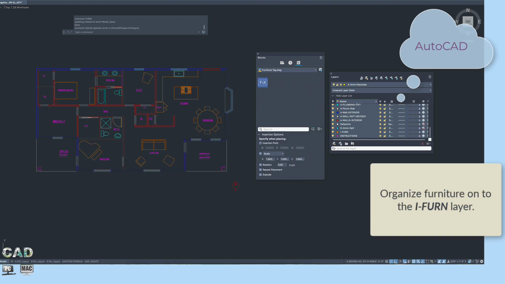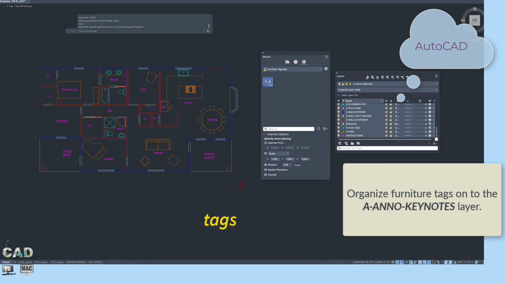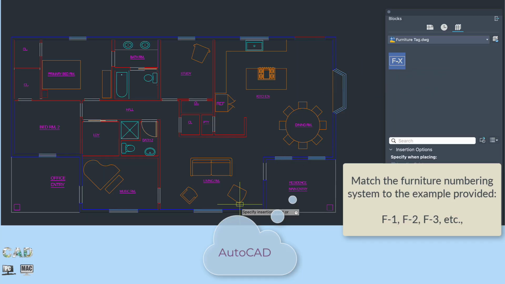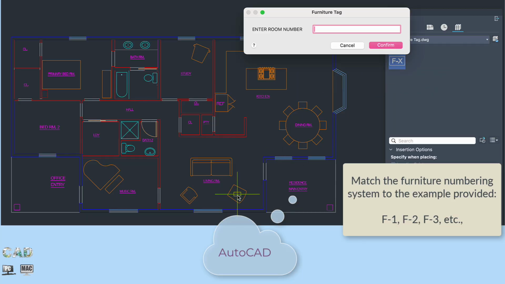All furniture blocks should be organized onto the I-FURN layer provided in the Layer Manager, or a similar logical layer as defined by your instructor. Insert the furniture tag Wblock provided. The furniture tag should be organized onto the A-Ano-Keynotes layer. Each time you insert a furniture tag, you will be prompted to fill out information about each furniture